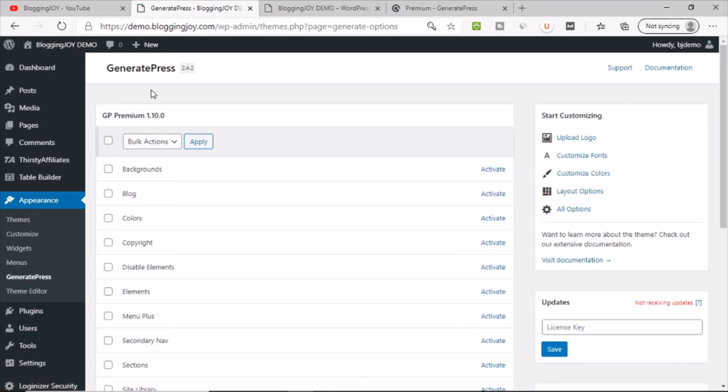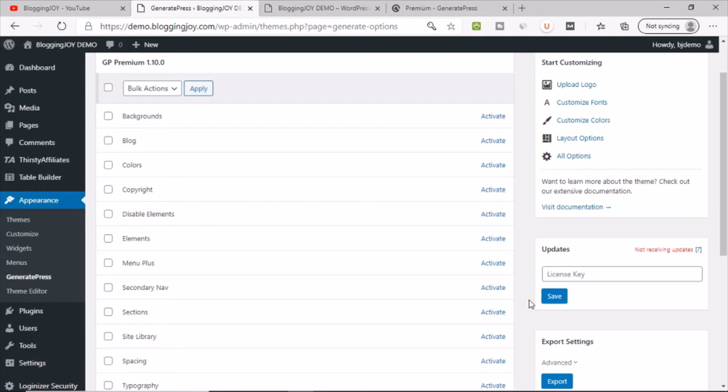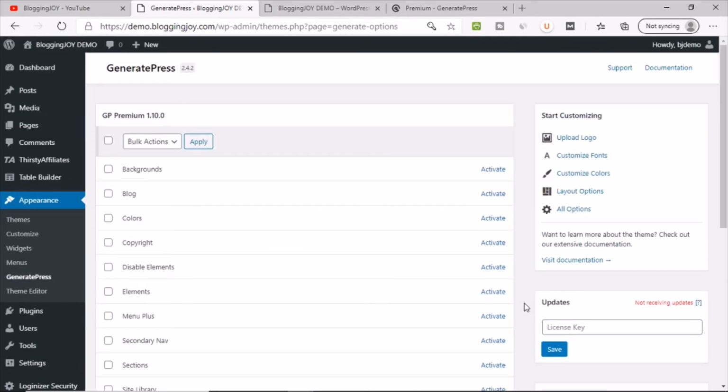Now you can see that multiple options are already available to activate, but before that you need to update the license so that you are going to get the regular updates. Updates are very important, because nowadays WordPress is also updating their system every now and then. There are multiple threads going on online, so all the bugs and problems GeneratePress is fixing on their themes, you should get updated with those latest fixes. Otherwise your website can be hacked anytime if you are using old layout or old code. So make sure you use the license and stay updated with whatever changes GeneratePress is doing.